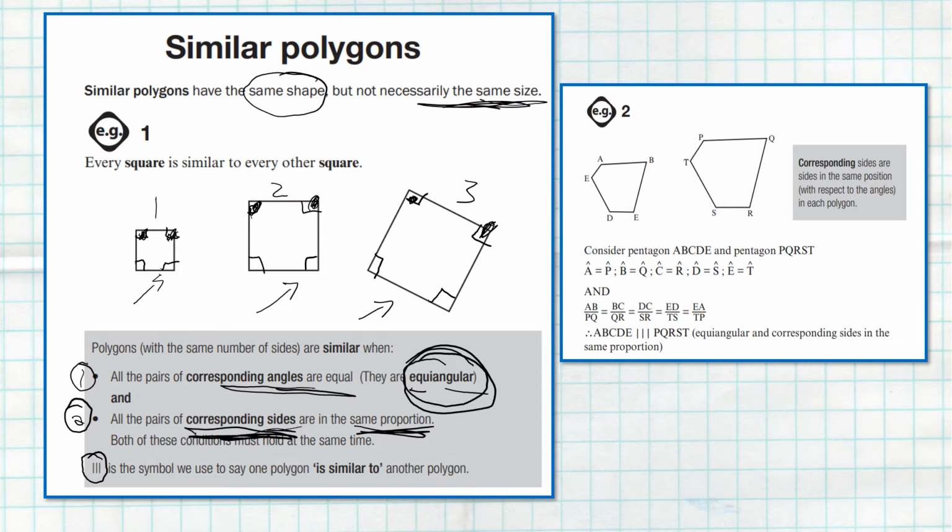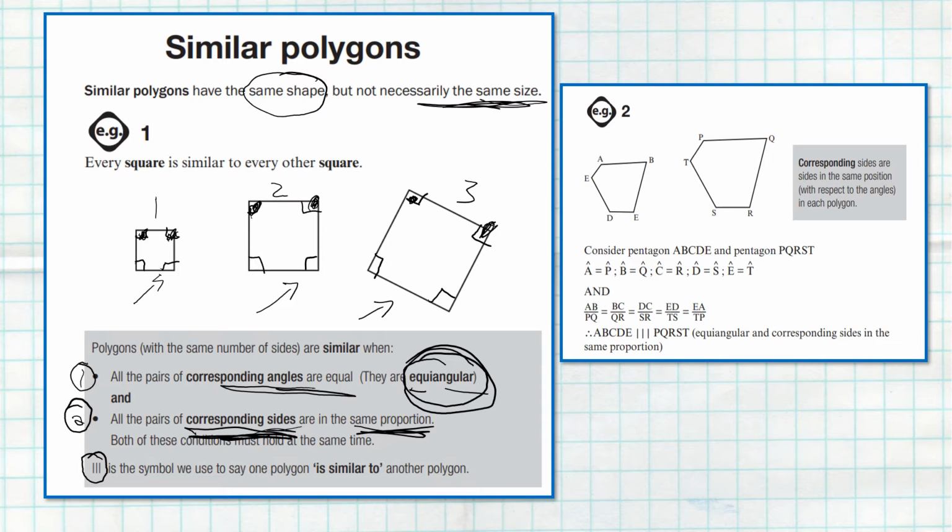Okay, let's just take a look at an example for you to understand this second condition that says if all the pairs of corresponding sides are in the same proportion, then we can conclude that these polygons are similar. Look at example 2 here, extracted from the Mind the Gap Mathematics Study Guide. You are given a polygon ABCDE,